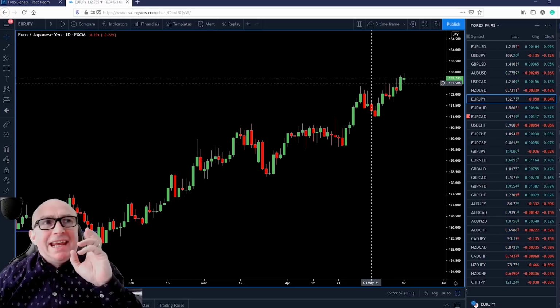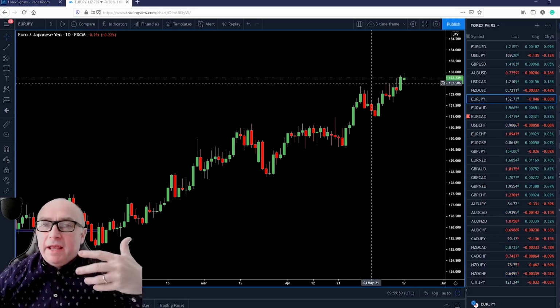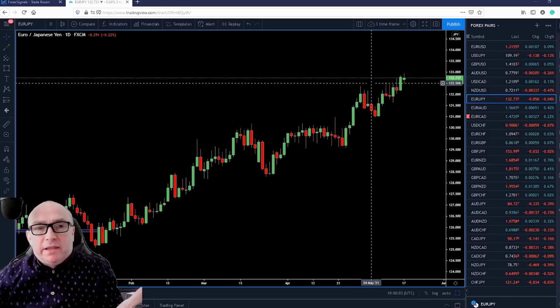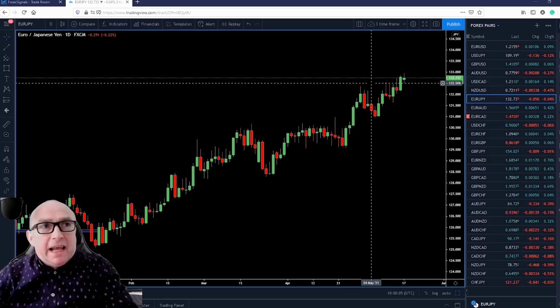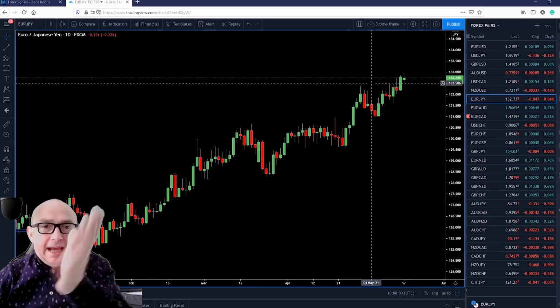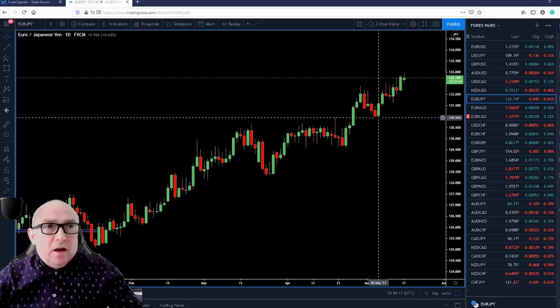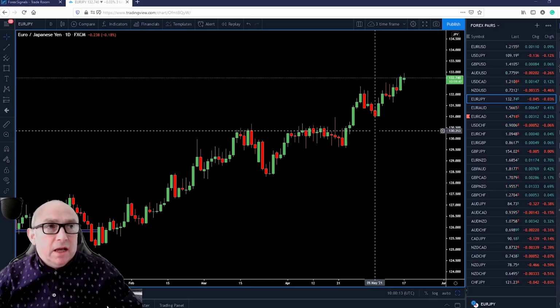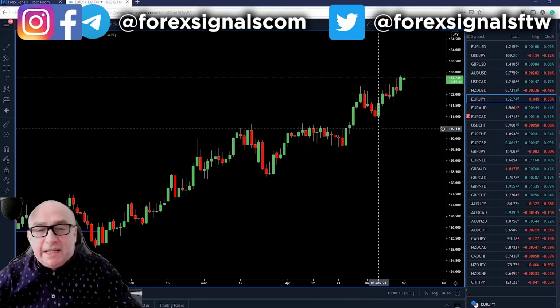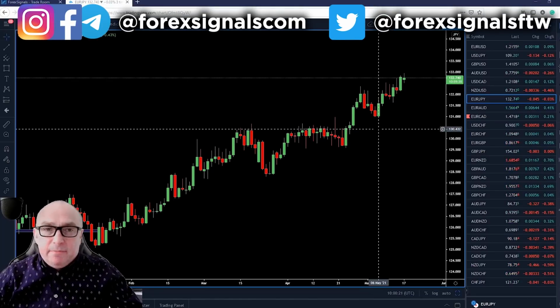A break of today's low, which comes in around the 132.50 level, and if price stays below 132.50 for a couple of days, it could indicate that fatigue is setting into this currency pair and a reversal is likely, with a possible move back down to this zone down here at 130.50. So my eyes will be on this for potential counter trend trading opportunity, and price action will dictate my entries.